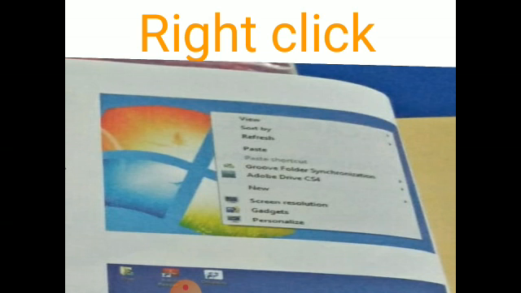Next one is right click. Right click helps us to view more options related to an item. When you select any item to open and you want more information related to the item, you can click the right button to know the more view options related to that item. It is helpful to know the more options related to the icon. So right click helps us to view more options related to an item.